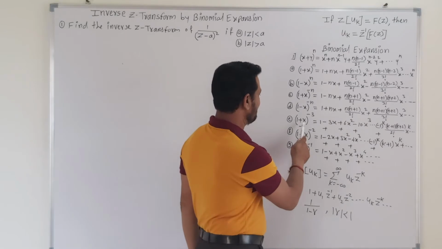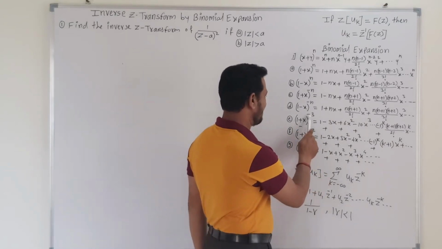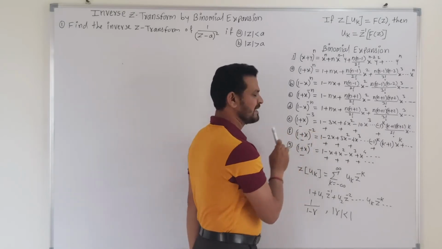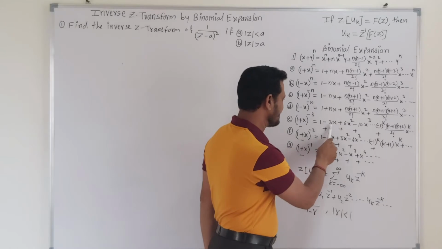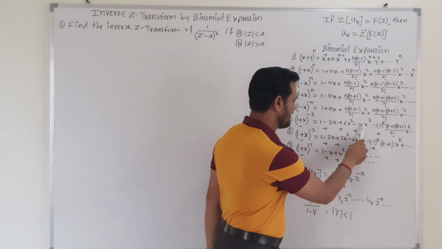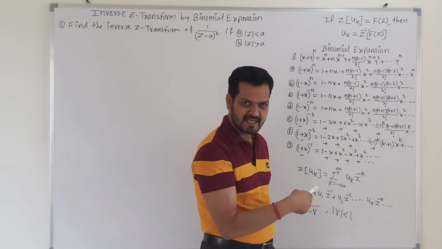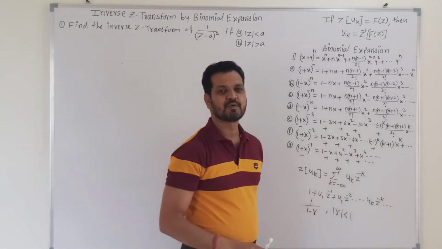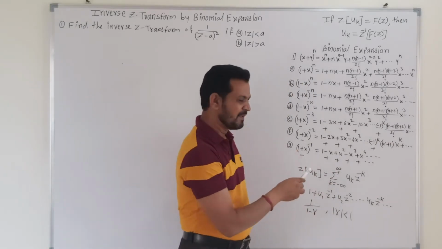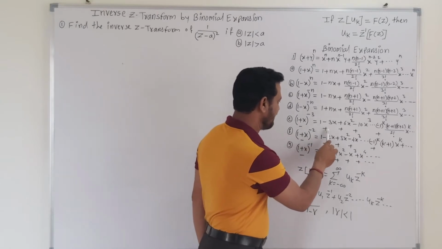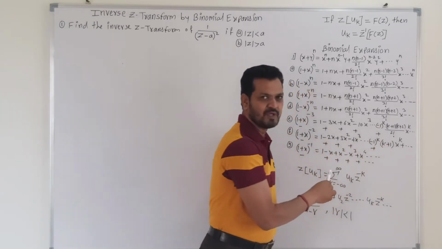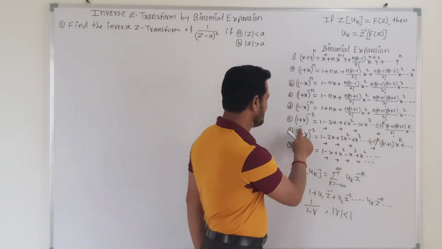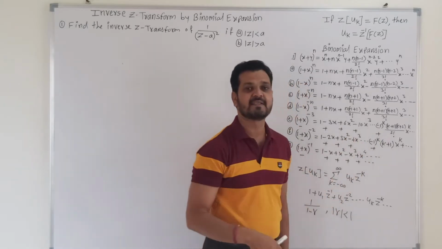Now friends, in particular, if we take the power n as minus 3, then we get 1 plus x raised to minus 3, which is 1 minus 3x plus 6x square minus 10x cube and so on. In general we can write the k-th term as minus 1 raised to k, times k plus 1 into k plus 2 upon 2 factorial, x raised to k, and so on. When the middle sign is minus, then everywhere we get a positive sign. When this is 1 plus x, the alternating signs are plus minus plus minus, but if the middle sign is minus, then everywhere we get the plus sign.